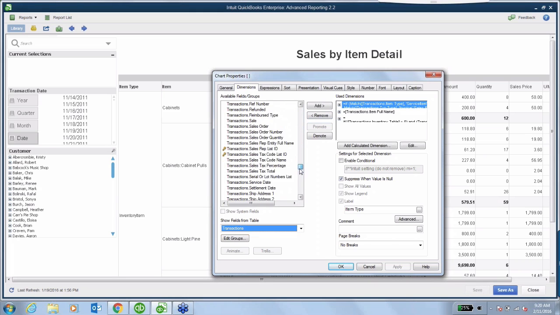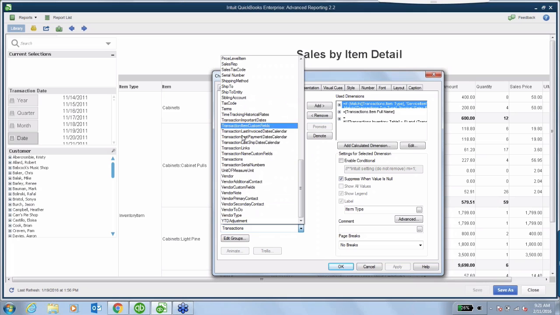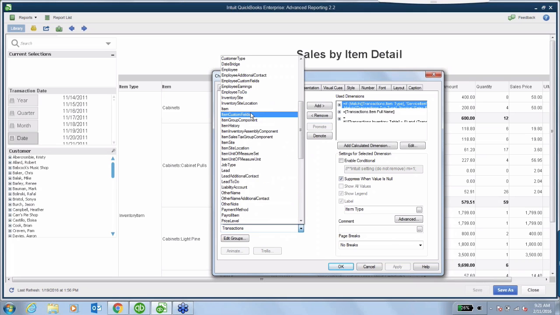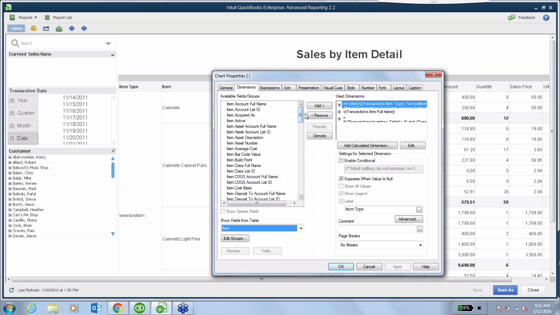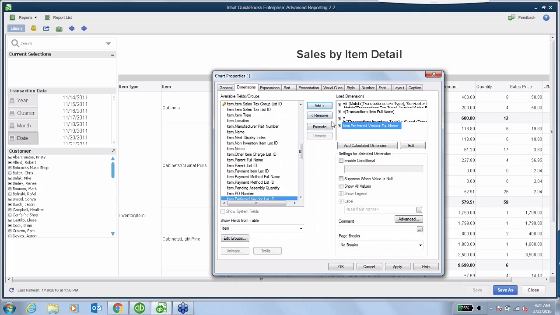We're actually going to look in our transactions table, and we're going to look for our preferred vendor. Now, is it worth it, Joseph, for you to remove the dimensions that are there now, just so we can build it from scratch? Because I know you got some dimensions already in there on the right side. Yeah, I can certainly do that. What I wanted to do was first just add to it to show how you can easily start with something that we've got